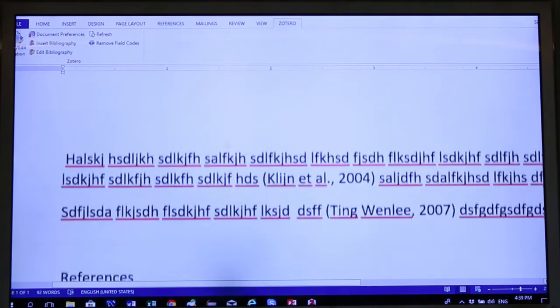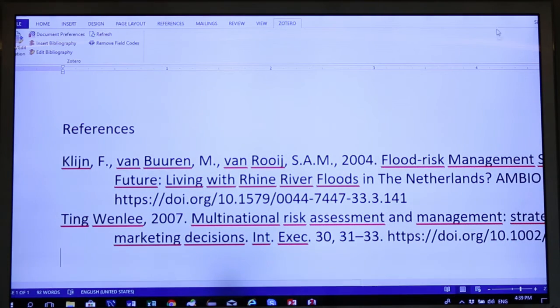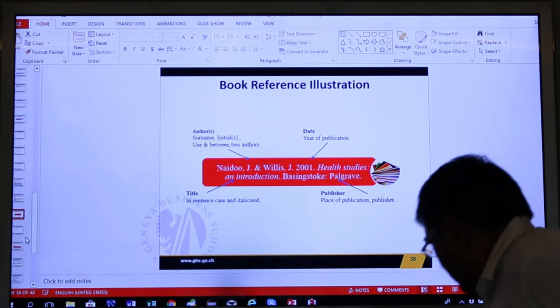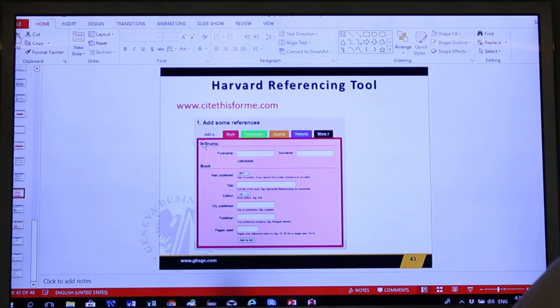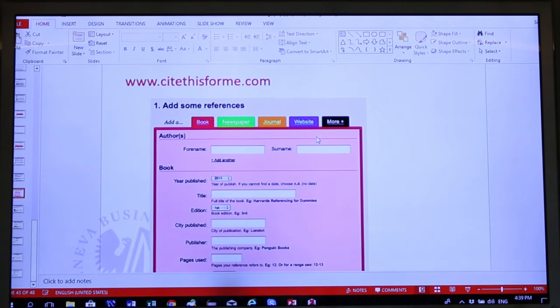Okay. So since Zotero saved our life in this situation, I don't want to go deeper. There are other tools that you can use as well, like Cite This For Me, but this mainly helps you to do the citation. It's not as automatic as Zotero. You have to manually put the citations.